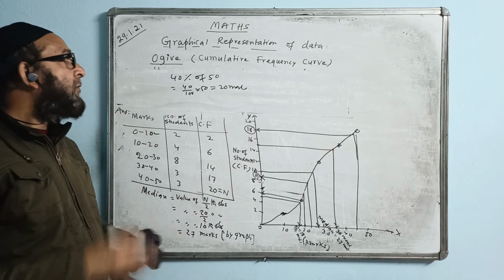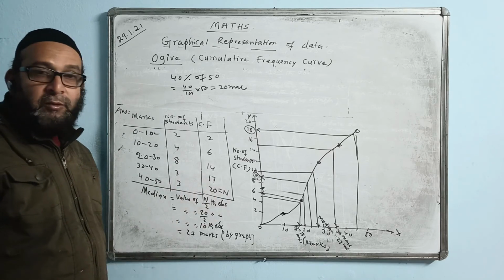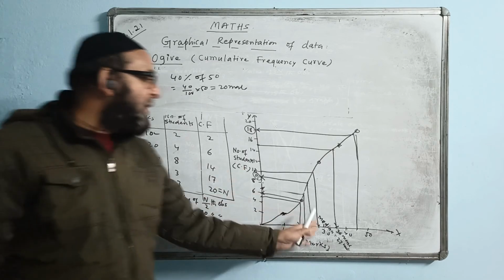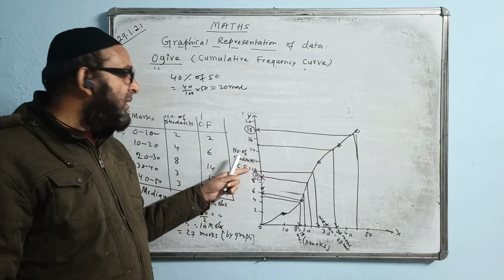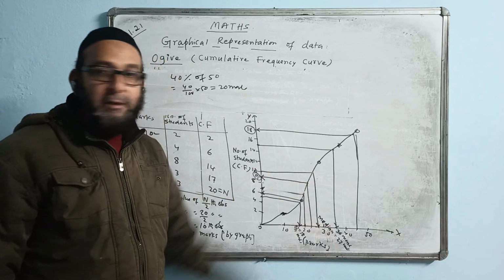So this is the idea of doing the OJAP, and questions based on the OJAP, the answer like this, as I told you. If the number has to be found out, you have to start from down, and you get the number. If the number is given, or median or quartile is given, from here we start and this will give the answer.